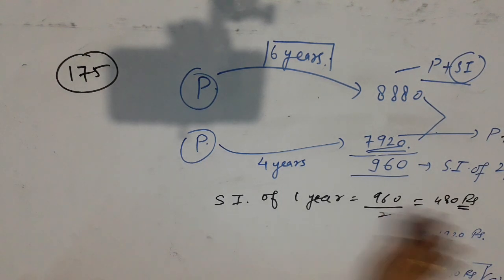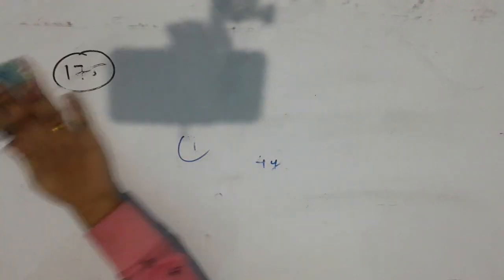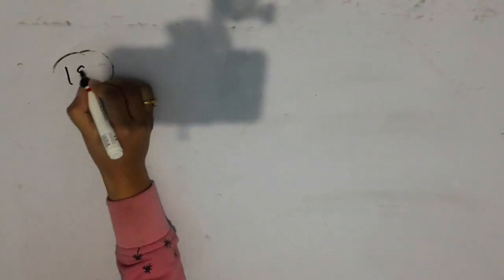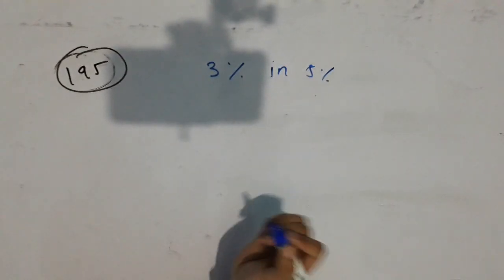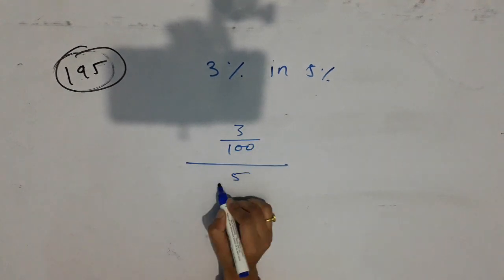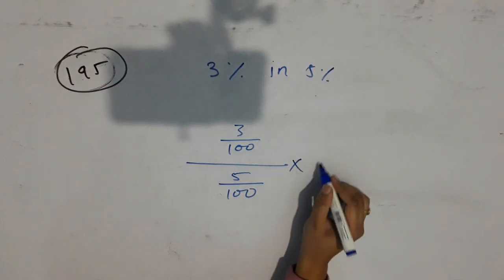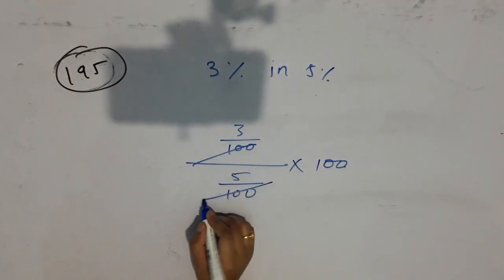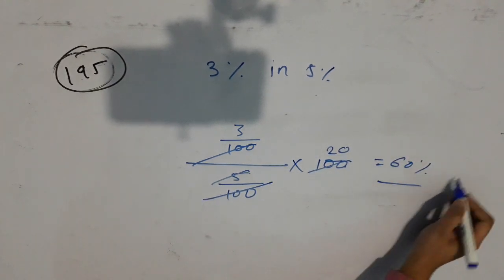Now let's move on to the next question. The next question is very simple. That is 195. The question says, what percent is 3% of 5%? It is very simple. 3% means 3 by 100 upon 5%, with 5% in the base, into 100. 100 cancels, 5 2. That is equal to 60%, and that is the option